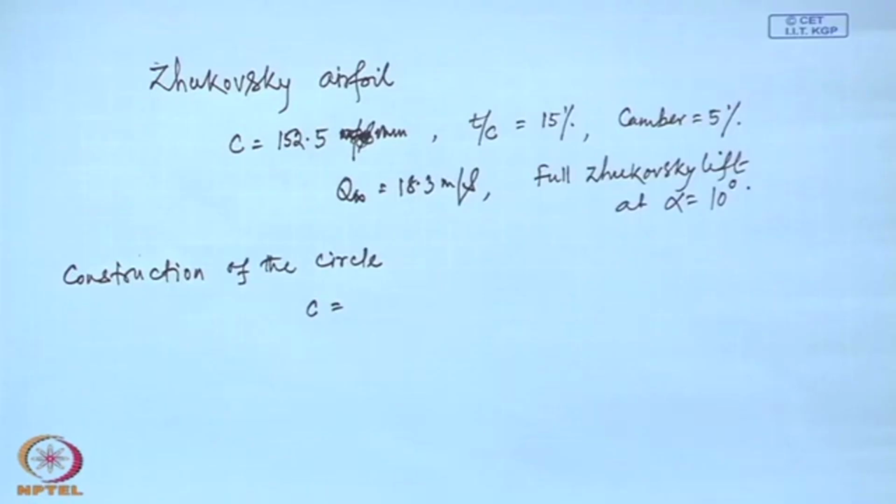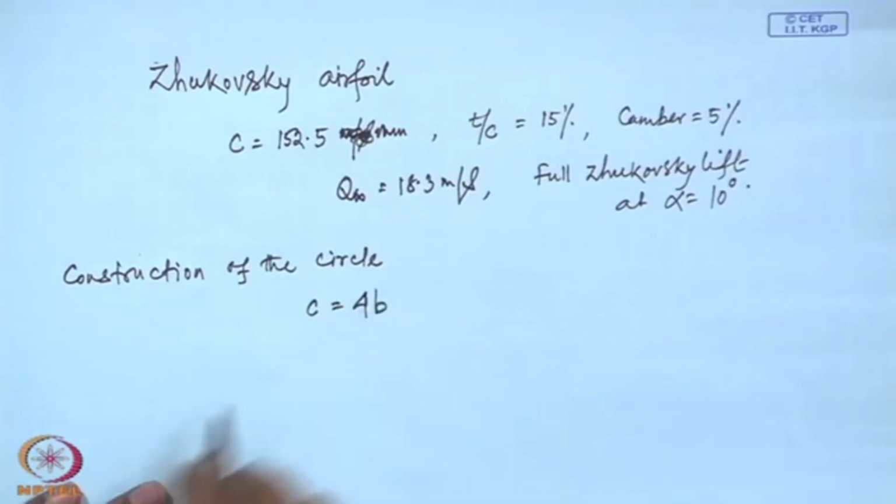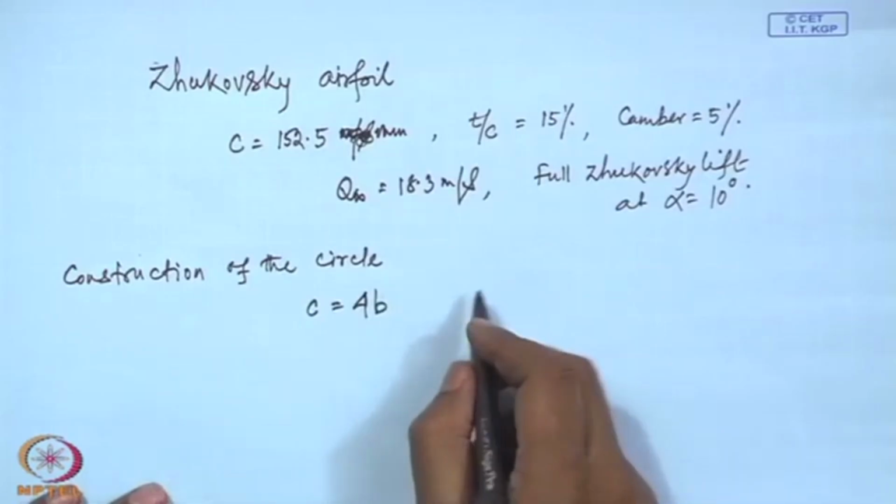Chord is approximately 4 b, where b is the parameter in the transformation, Joukowski's transformation. So, chord is 4 b. So, that gives b to be